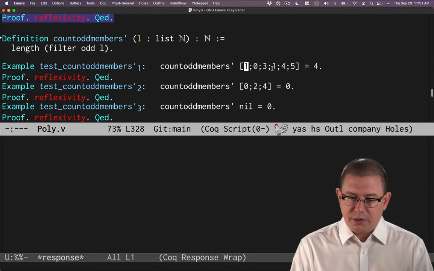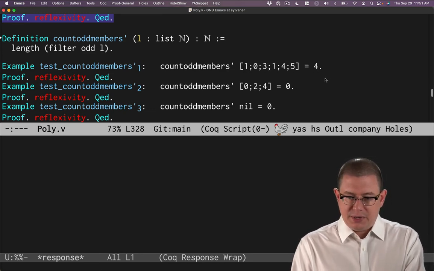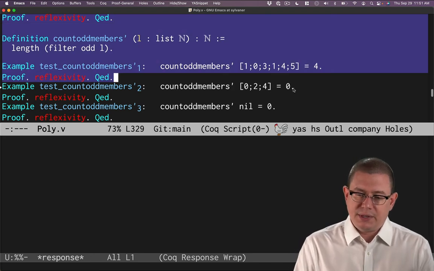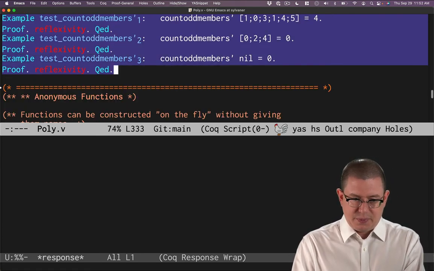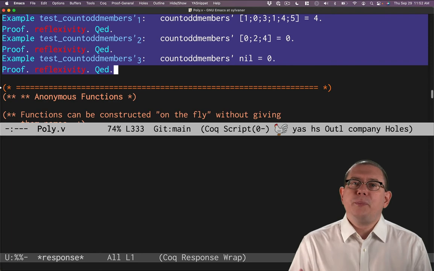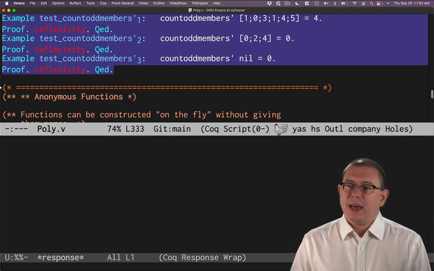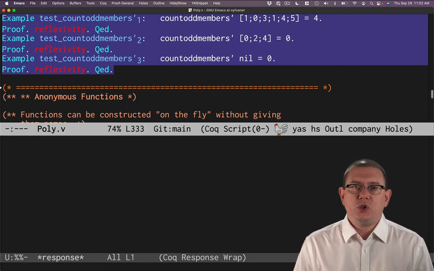Well, I see 1, 3, 1, and 5. So there's 4 of them. And indeed, that unit test should go through. Good, it does. Count the odd members of 0, 2, 4. There's 0. Count the odd members of just the empty list. Nil. There's 0. Okay. So we're able to put filter to use like that, along with other functions to do